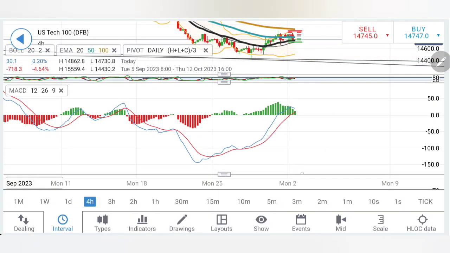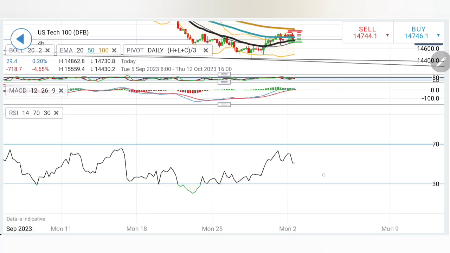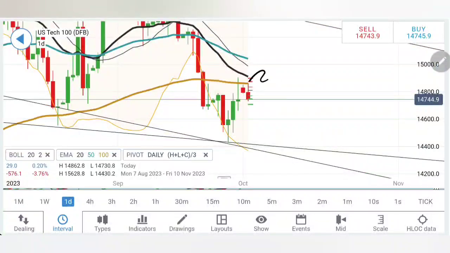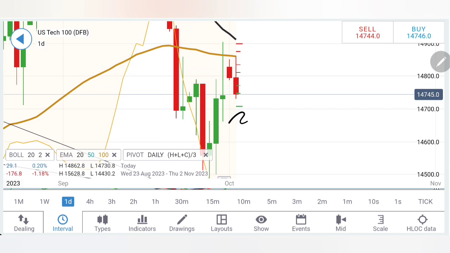Stochastic looking down, MACD willing to converge here, crossover for a, and RSI is trading comfortable, neither bullish nor bearish. Coming to the daily, now see on the daily charts, lower highs are seen, and even if it is not bearish, I will wait for it to yield higher lows, which suggests that 680 650 zone is going to be a great support zone on the downside.